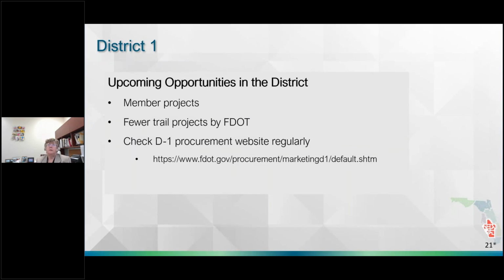The next one is looking for execution in September. This is FPID 445408-1 and -2. This is US 98 State Road 700 bridge over the Kissimmee River. And this is a PD&E with design. It's ad number 25108. And last but not least, we're looking for FPID